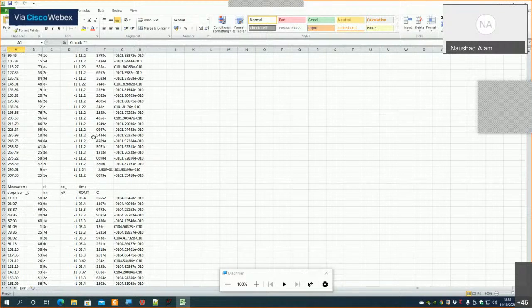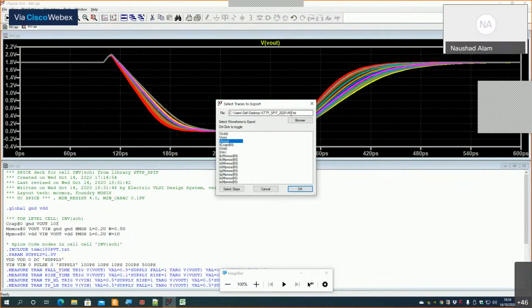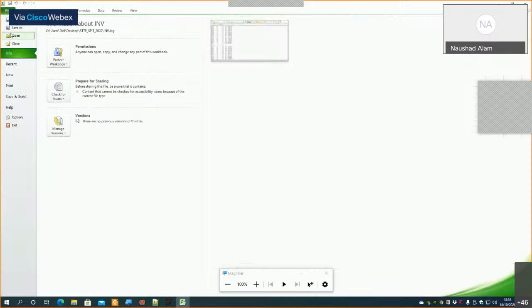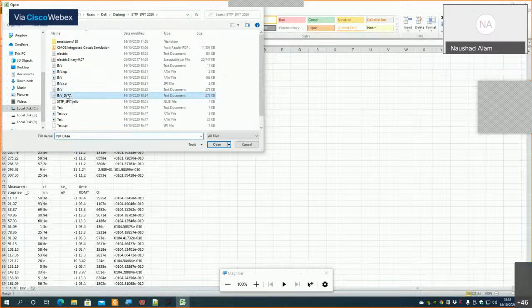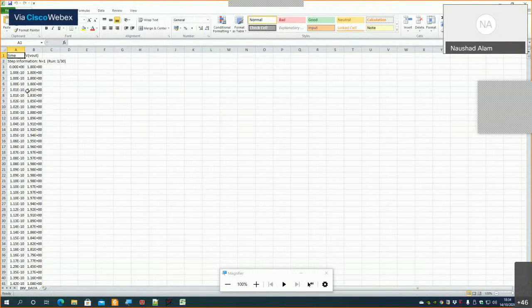Okay, I think it was not processed properly. Let me do it again. It was not exported properly. I shall export the data set, and I shall change this name because there is a conflict. So data, and then I will click OK. Now I shall have this there. Open. Yeah, I have this data now. Open, next, finish. Now you can see that I have that waveform here, and you can plot this waveform,